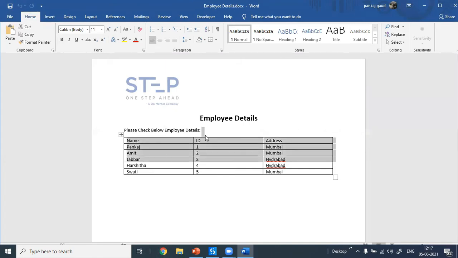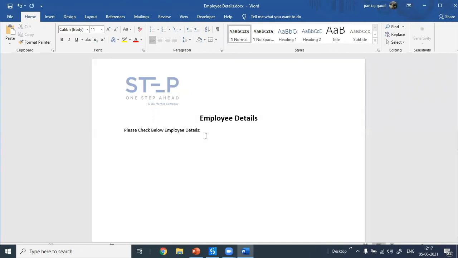We are creating a document related to specific employees, with name, ID, and address. We are adding some details over here.